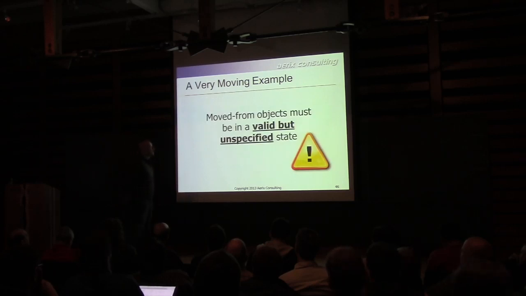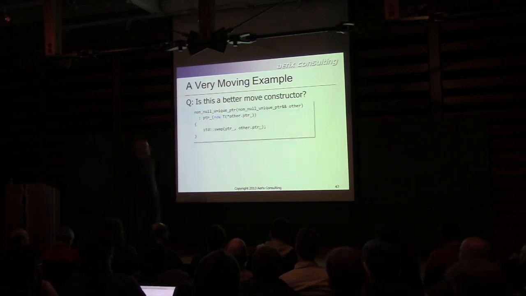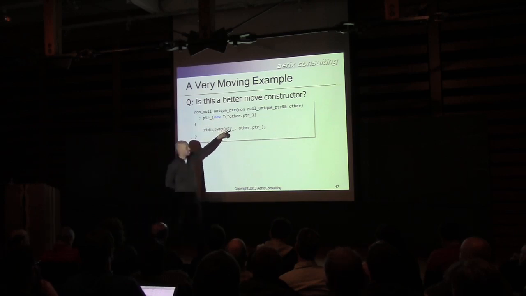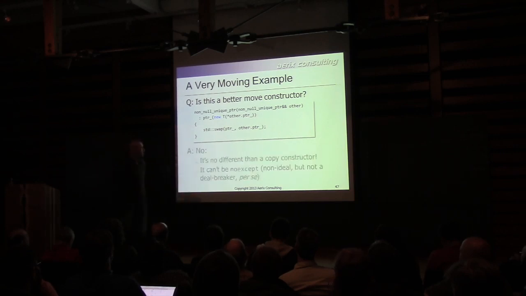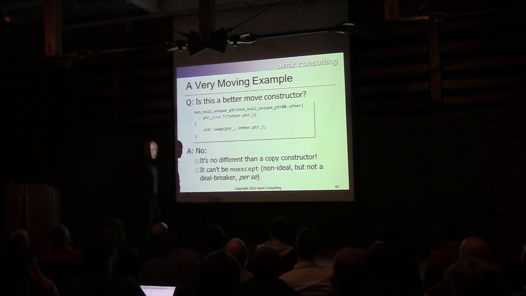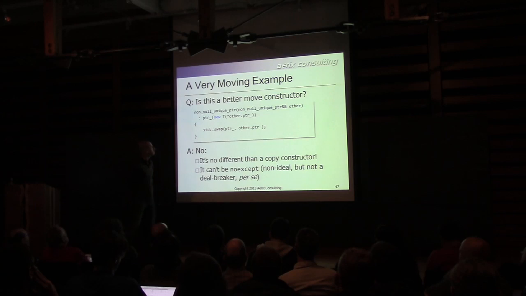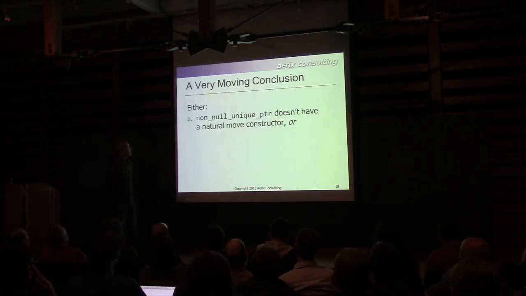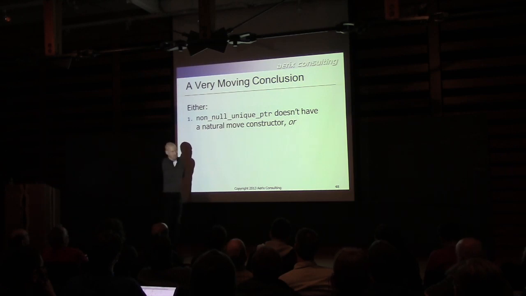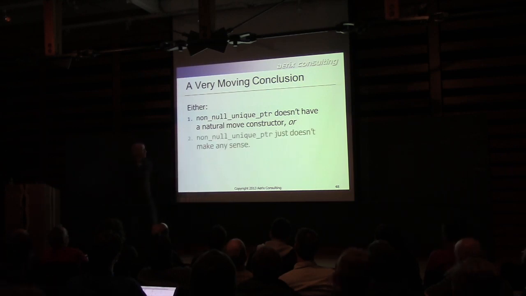So what I'm saying is that the moved-from object must be in a valid but unspecified state. And you could imagine implementing it like, okay, we'll allocate a new object and swap, right? But then that's not very good. It's no different than a copy constructor. And well, it can't be noexcept, but that's not a deal breaker. So what I would say is that either non-null unique pointer doesn't have a natural move constructor, or this type just doesn't make a whole lot of sense,